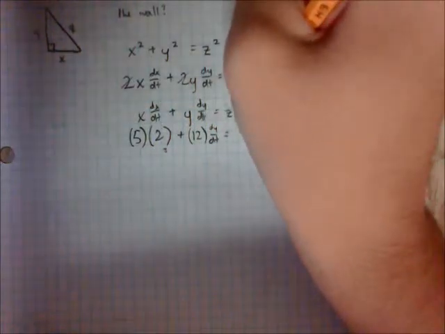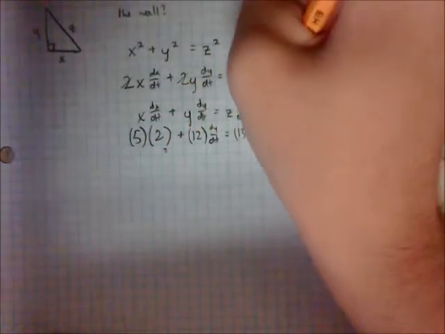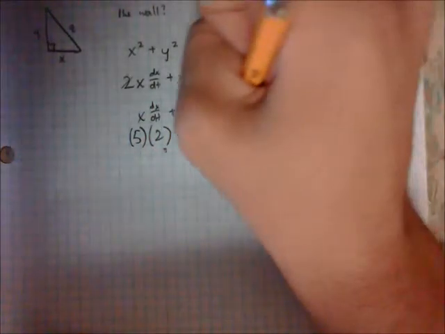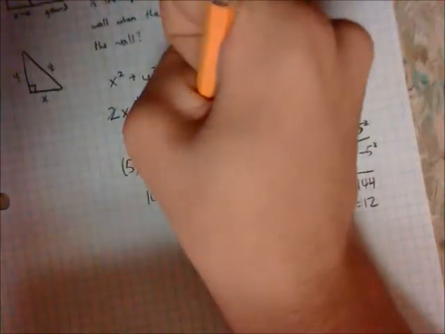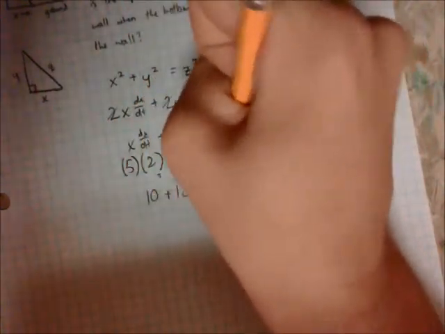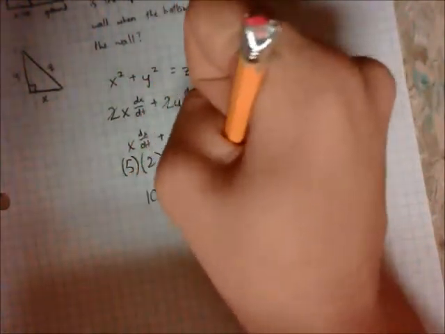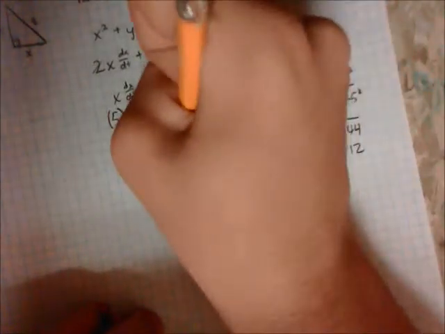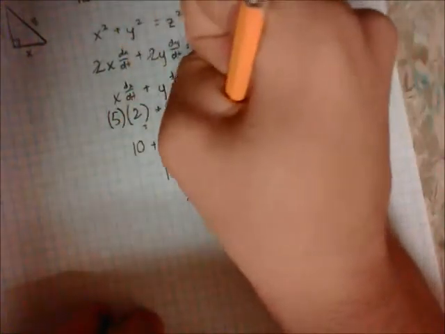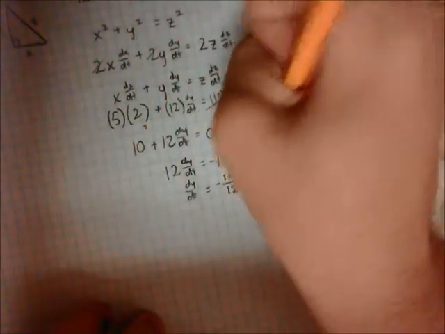Now, in this case, it doesn't really matter what z is. It's 13. But because it doesn't change, dz/dt is actually just 0. So this is just nothing. Cancels. Then you have 10 plus 12 dy/dt equals 0. Move it around. 12 dy/dt equals negative 10. And then you have dy/dt equals negative 10 divided by 12, which would end up being negative